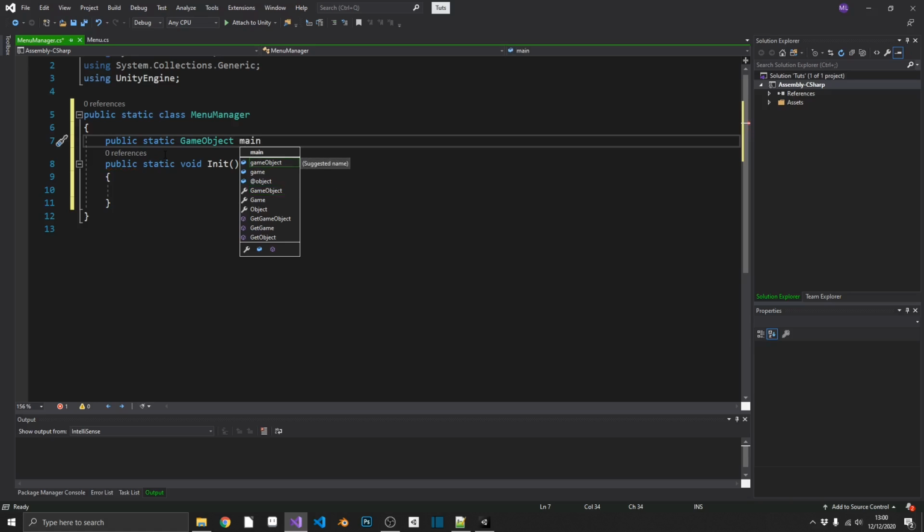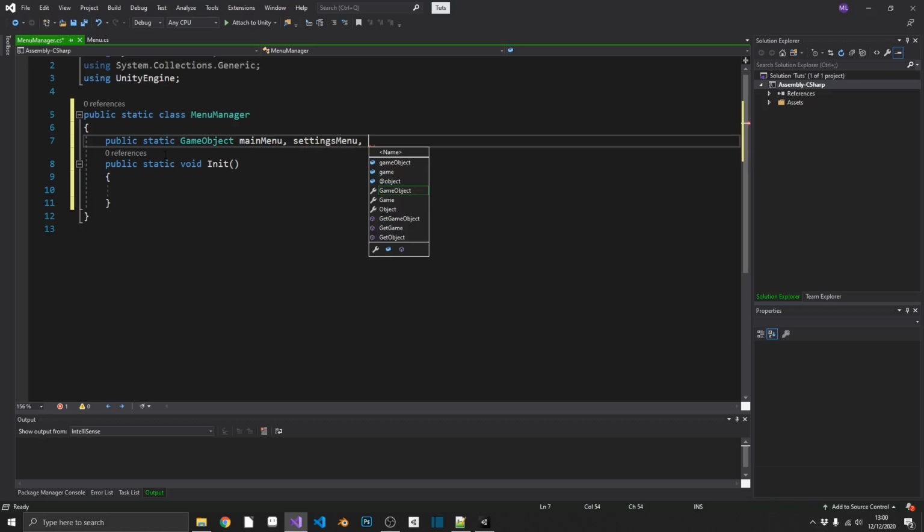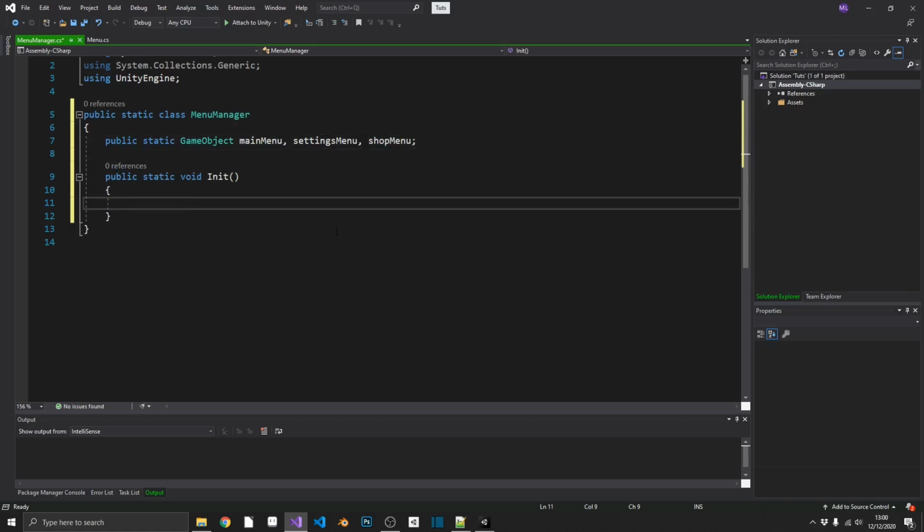So we have, again, a main menu, a settings menu, and a shop menu. So let's grab all of these menus. Inside of our init method, we're going to need to find our canvas first. So we'll just do a local game object, call that canvas, and we're going to use